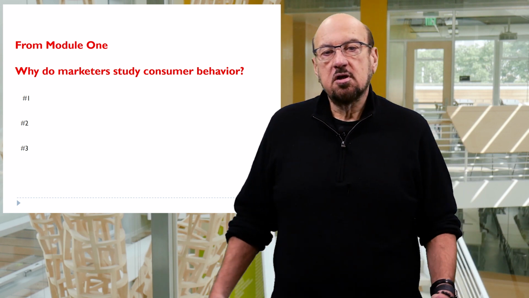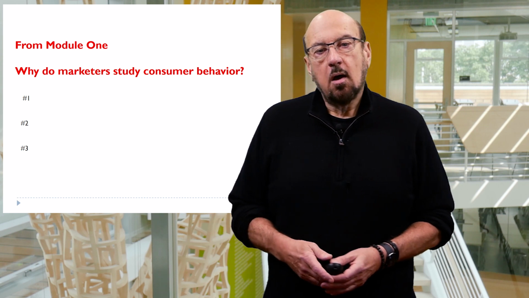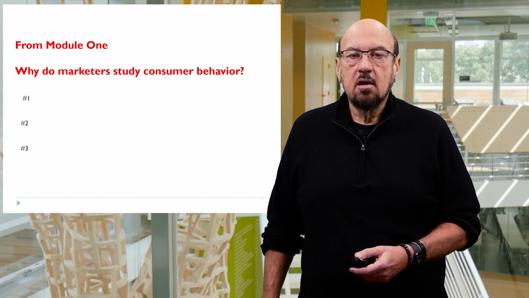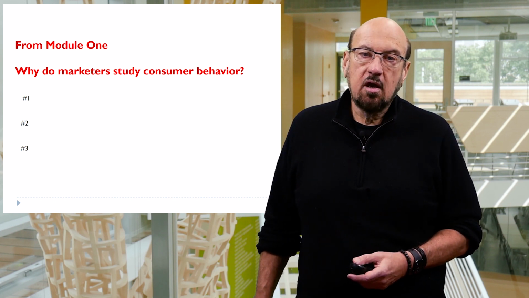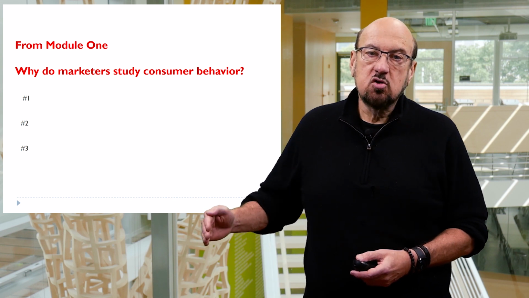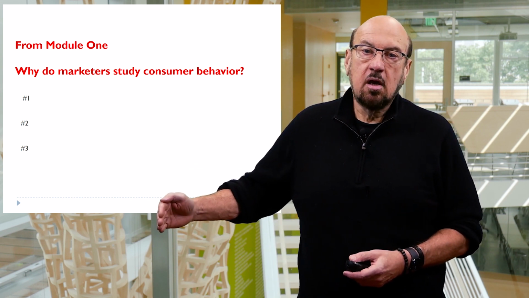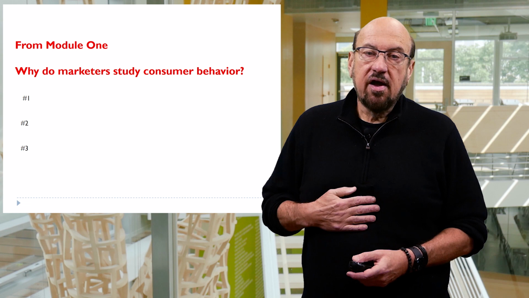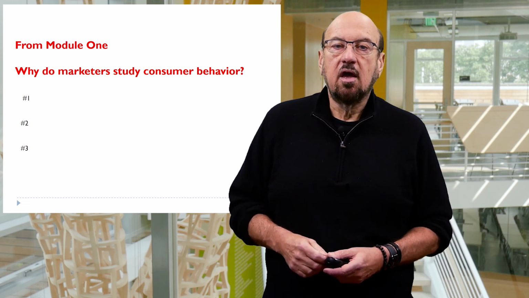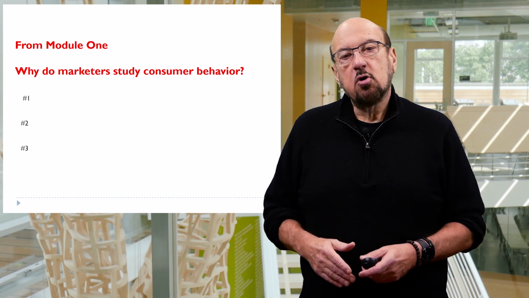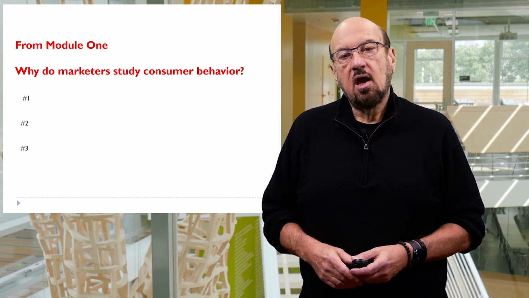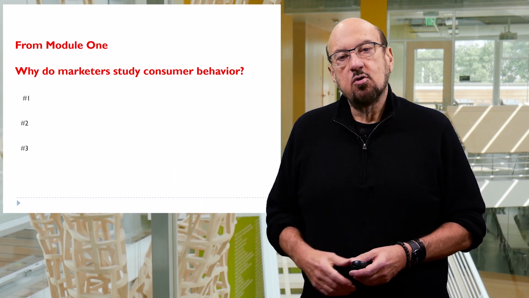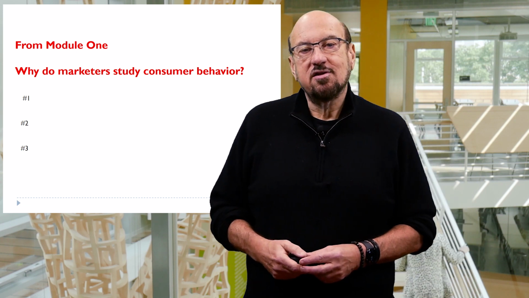And what I will do is just remind you, and I will do this as we go through the course, that the three main reasons we study consumer behavior in marketing is because we're interested in predicting consumer behavior, we're interested in explaining consumer behavior, the whys of consumer behavior, understanding the motivations of why people behave in the way that they do. And then finally, the third reason is that we want to be able to influence or control consumer behavior from the standpoint of developing a marketing program that will be motivating to influence consumers to act in ways where we'd like them to act.